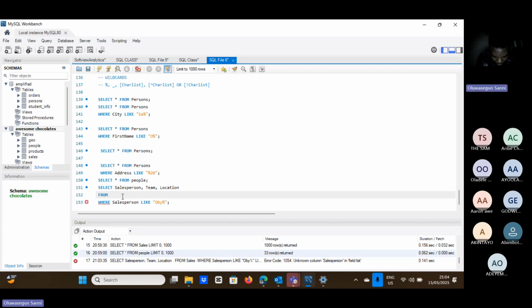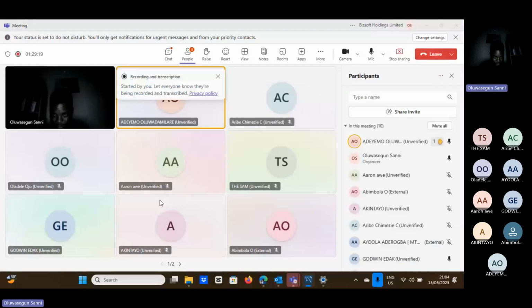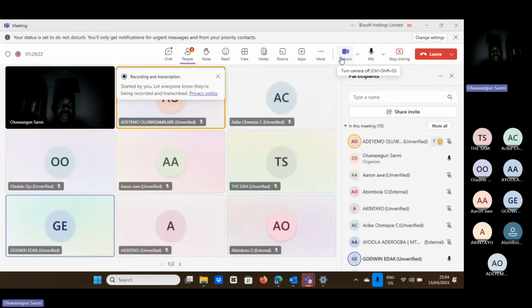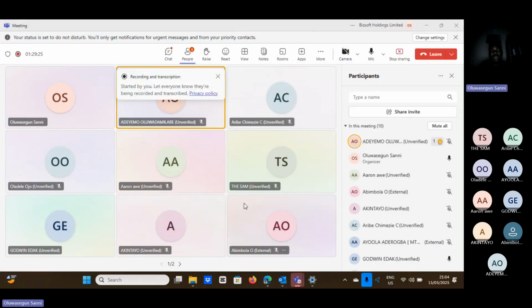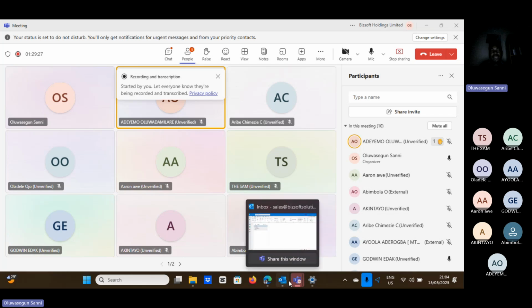Okay, so the OB, I think you wrote OBY. Yeah, that's how it is spelled. Okay, that's how it is spelled, OB. But then to clear all doubts,